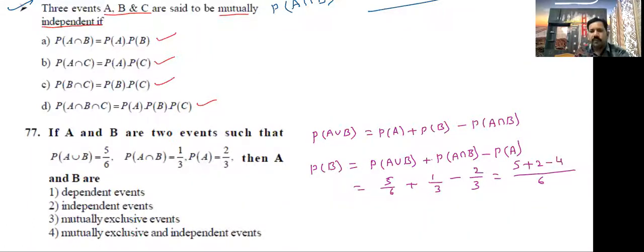7 minus 4, 3. 3 by 6, that is 1 by 2. Now